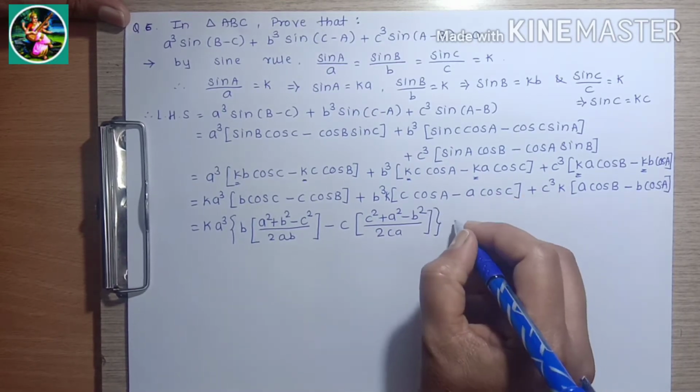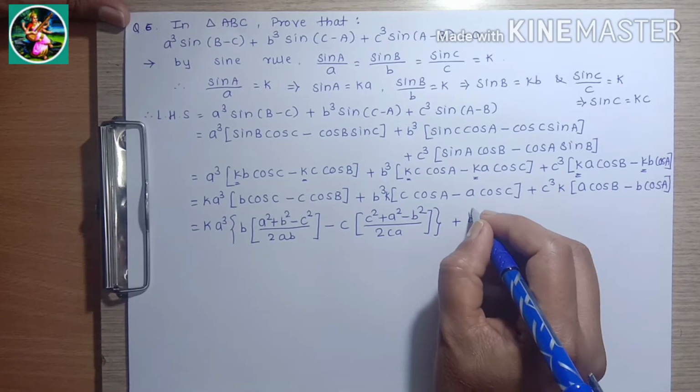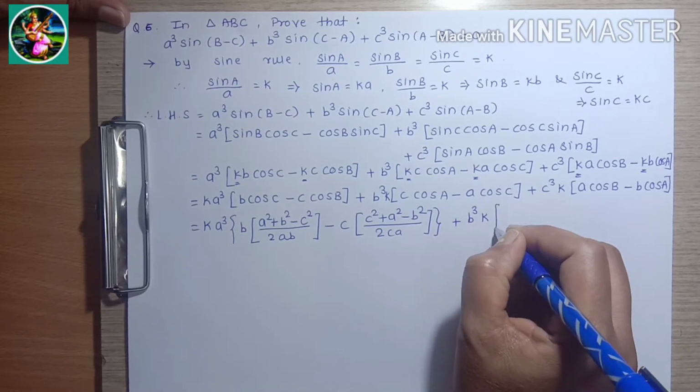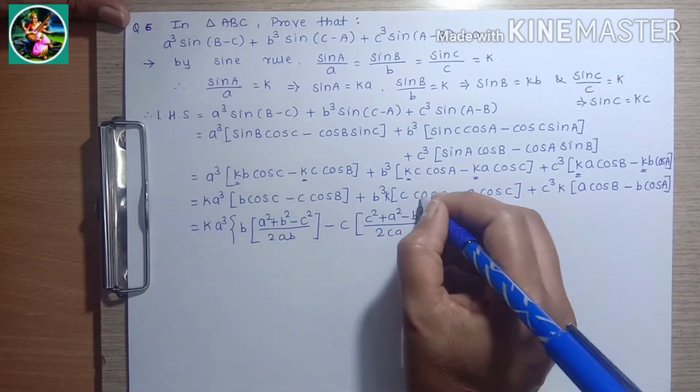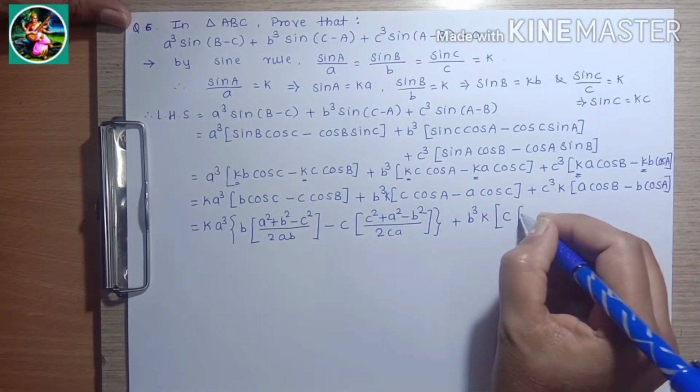Here we complete the bracket. Next term, b cube into k into bracket c as it is, and the value of cos a is